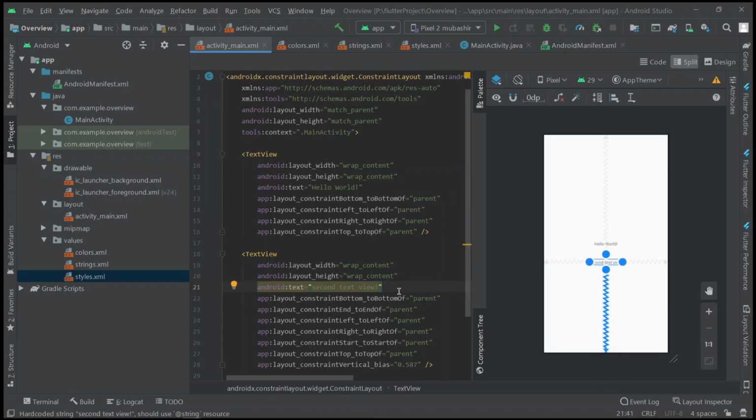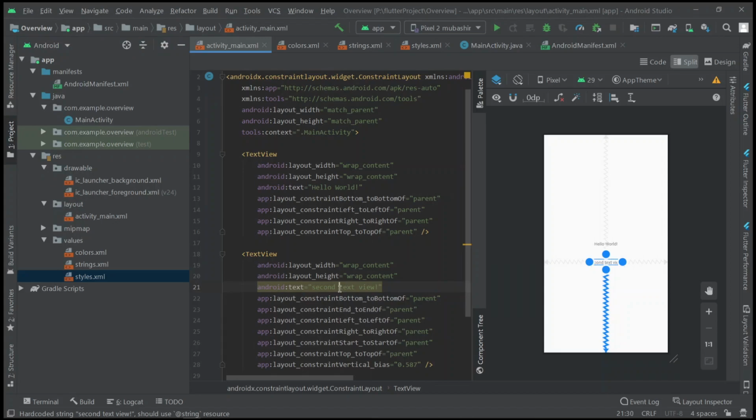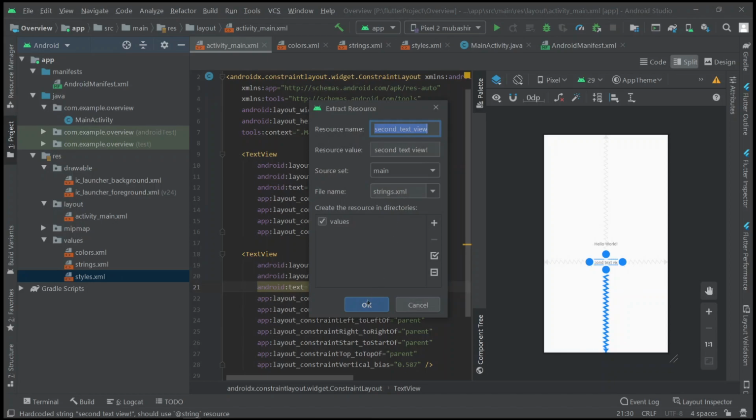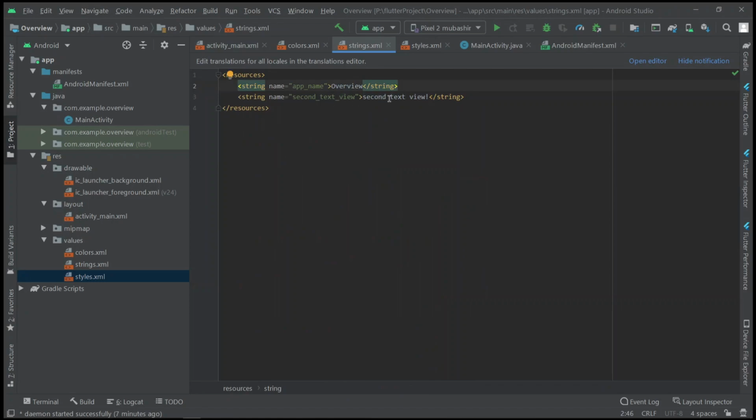So whenever a user changes the app to their language, we need this to change to their language. So for that we can just go to this bulb here. You need to just click on this, and here you can see a bulb image and extract string resource, and you can add a string resource in the string file, and here you can change whatever you want. So whenever this is called, this will be printed. If you don't understand this, when we do projects you will understand. But for now you can just know about these.